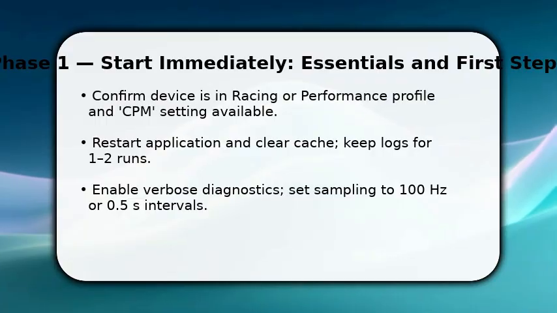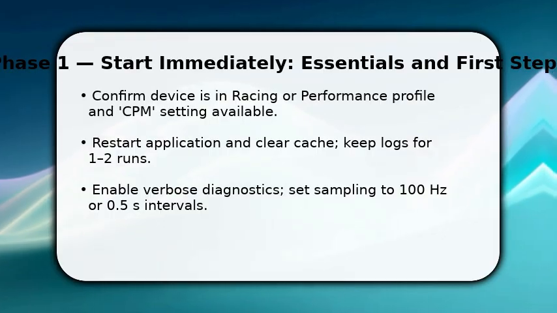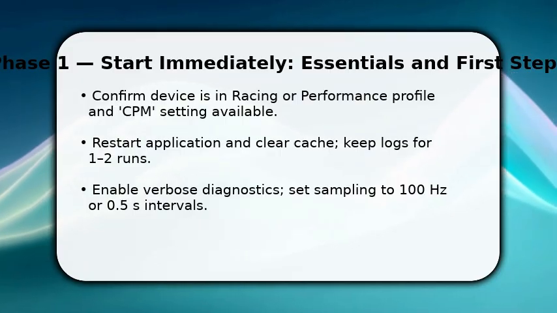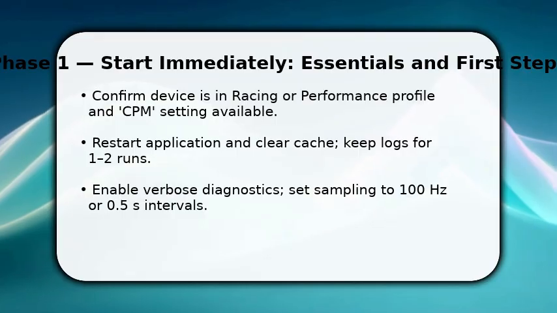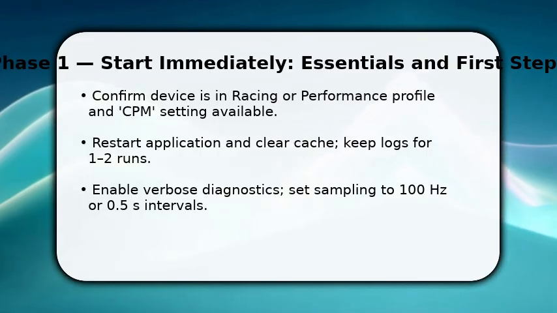You start by confirming the racing profile and that CPM is actually exposed in settings. This matters because profiles hide controls. Once done, restart the app and clear the cache to remove stale state. That often re-enables toggles. Next, enable verbose diagnostics so you can see why CPM is disabled, sampling at 100 Hz